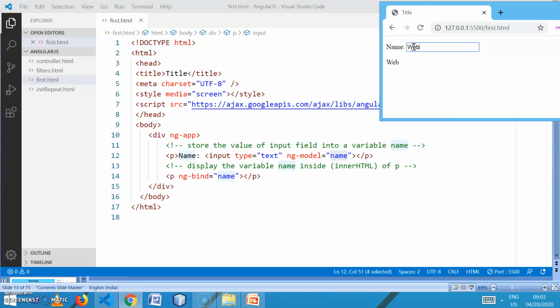Whatever I type here, you can observe it is immediately reflected here, because this is the binding of this text box with the paragraph. So that paragraph is displaying the contents. So this is a simple example of the basic directives of Angular.